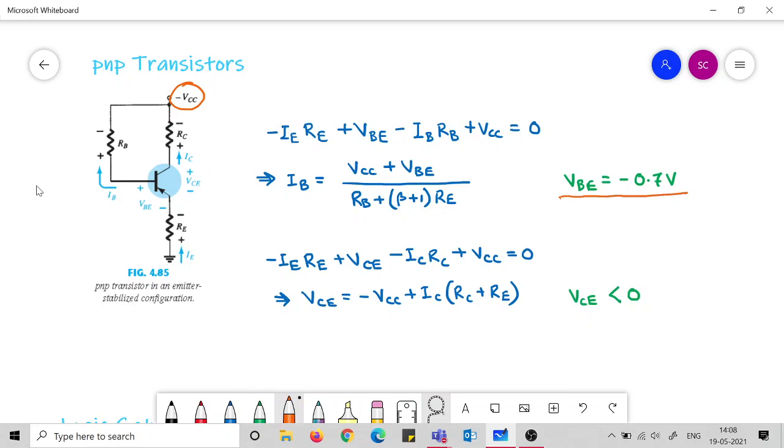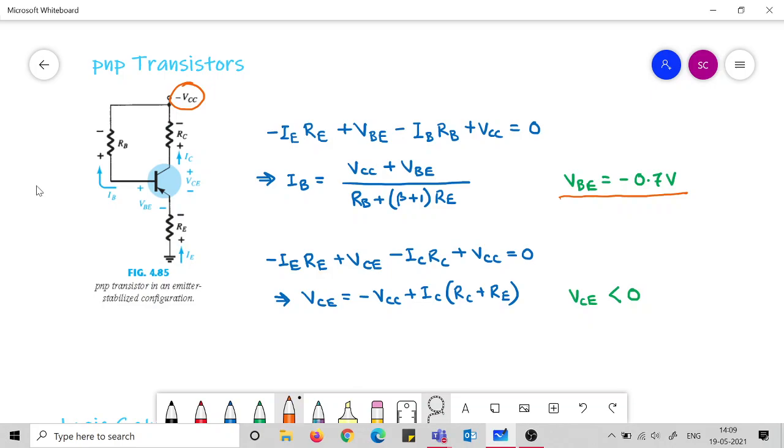So when you evaluate IB, it takes the same form as in NPN. In NPN it was also VCC minus VBE by some resistance, where base resistance and the reflected emitter resistance. So here also it is the same form, VCC, and since VBE is minus 0.7, something minus something subtracted from the VCC divided by the resistance of the base and the resistance of the emitter reflected to the input